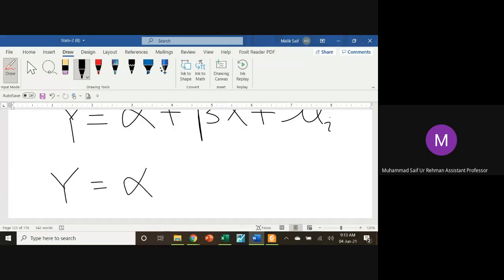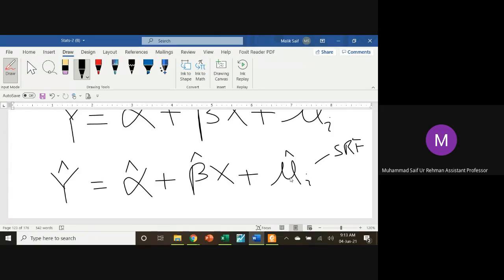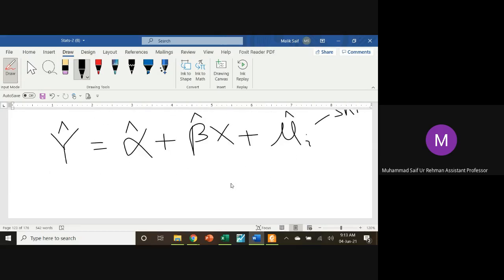Remember that if you are using sample data, in your book instead of alpha, A is written, but you can write it as alpha hat plus beta hat x plus mu I hat. So now it will become the sample regression function, and there will be a hat over y. This means that now you are using sample data values, and whatever you find from them